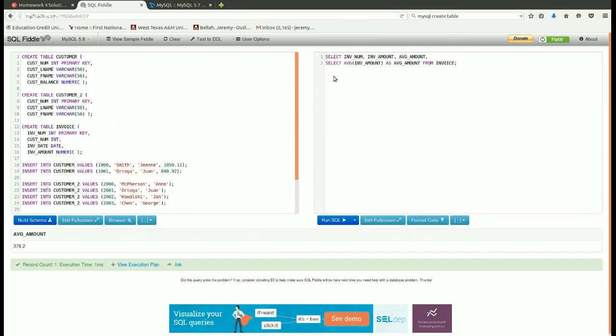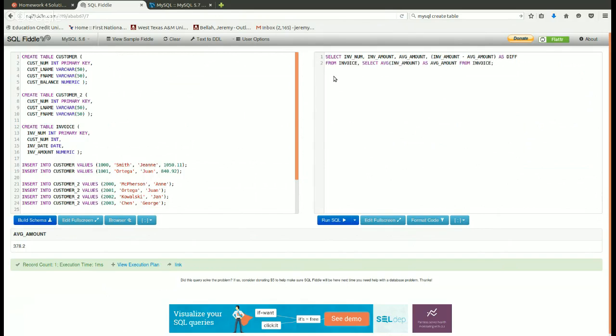And then the difference between the average and the actual invoice amount. So say invoice amount minus average amount as difference. That looks good. From